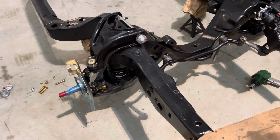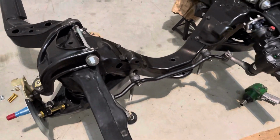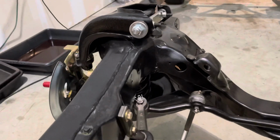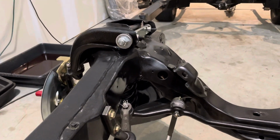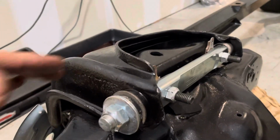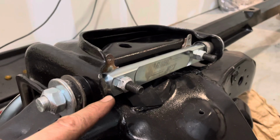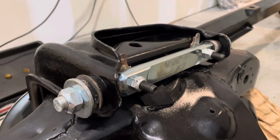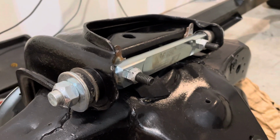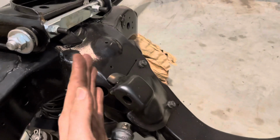Well, we are moving ahead fairly well on the front end rebuild. We have installed the upper control arm. We went with the Global West offset cross shaft because these older cars can tend to fold in a little bit,